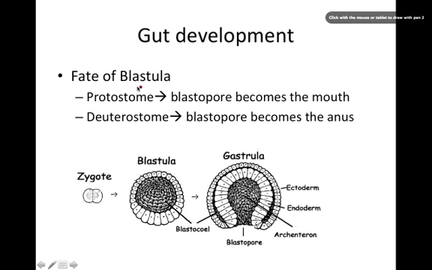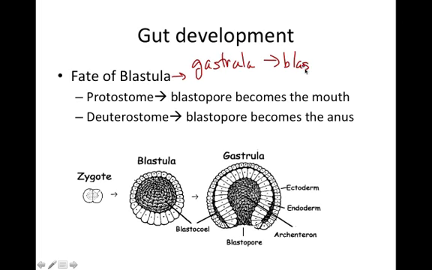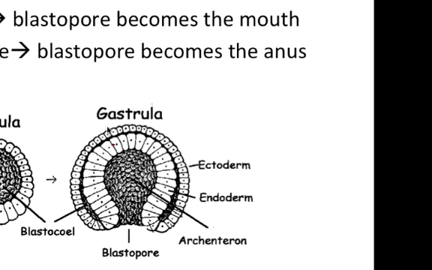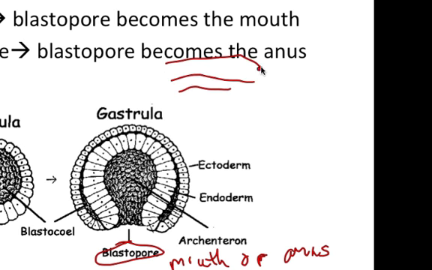Fate of the blastula. Fate of the blastula is simply a difference in the way in which the formation from gastrula to blastula, these are different stages of embryonic development. And it's this blastopore here that is going to give rise to either the mouth or the anus, because our digestive tract, in theory, or in terms of science, is literally a tube within a larger tube. So if we go from mouth